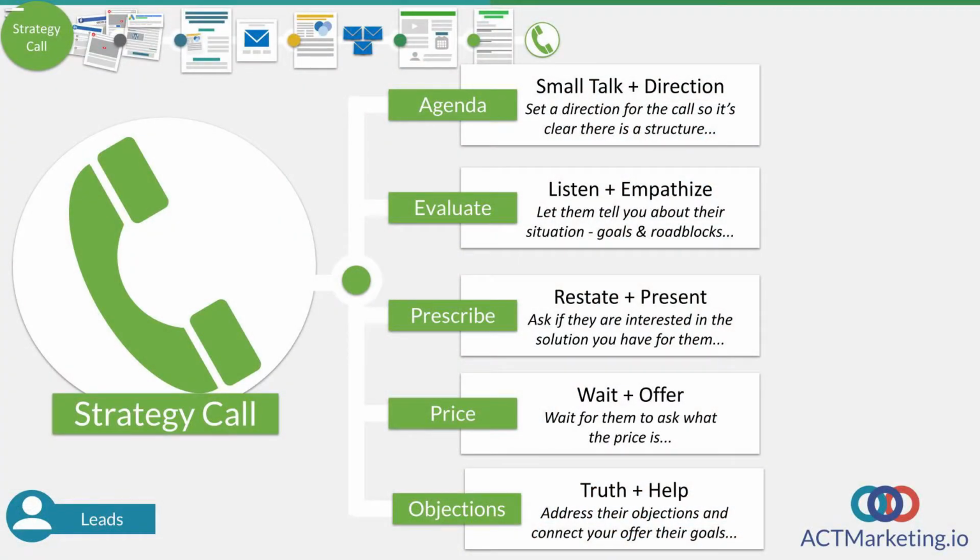Then we're going to go through the evaluate phase where you listen and you empathize. And during this part of the conversation, it is 95-5. 95% of the talking is done by them. In fact, 90% of all talking is done by the prospect and not you, but we'll get to that in a little bit here. So during this part of the process, you are listening and understanding. That's it. You're hearing out their situation, you're hearing out their frustration, you're hearing out their goals,